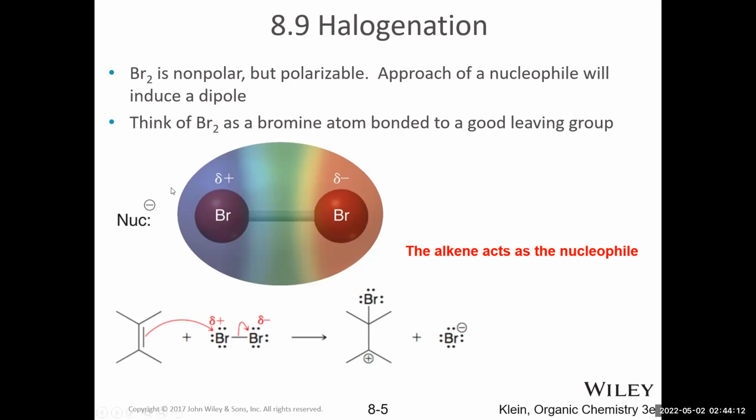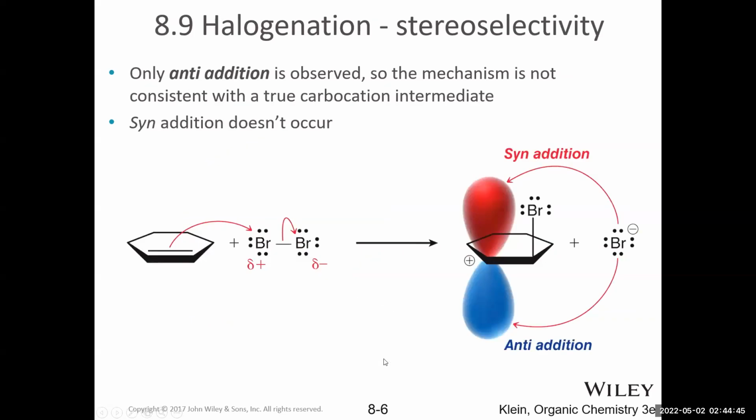So if one of these bromines can take on a delta positive, it can be electrophilic. So then the pi bond, which we know is nucleophilic, right, can attack the electrophilic bromine, causing a loss of a leaving group. So this is a nucleophilic attack arrow followed, and at the same time, loss of a leaving group. So you can kind of think of it as like an SN2 reaction, generating this intermediate, which appears to have a carbocation. Let's take a little bit closer look at this reaction mechanism.